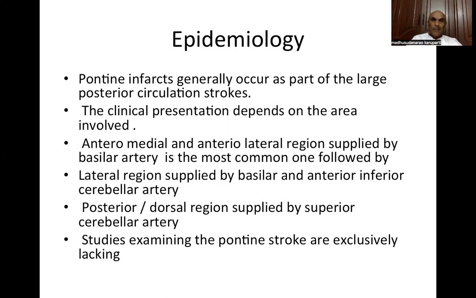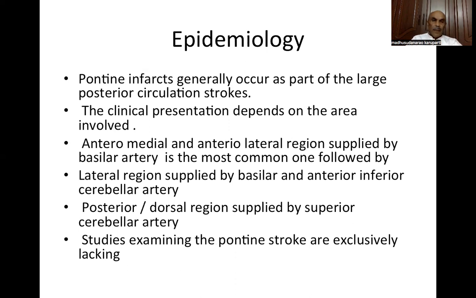Coming to epidemiology. Studies are lacking with regard to the prevalence of Pontine infarcts. Pontine infarcts generally occur as a part of the large posterior circulation strokes. The clinical presentation depends on the area involved,